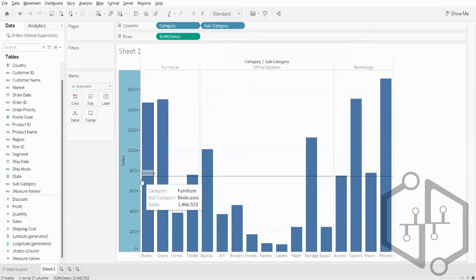So now what happens is this line basically gives me the average sales, and what are the things which are above, and what are the subcategories that are below the average line. Correct. So